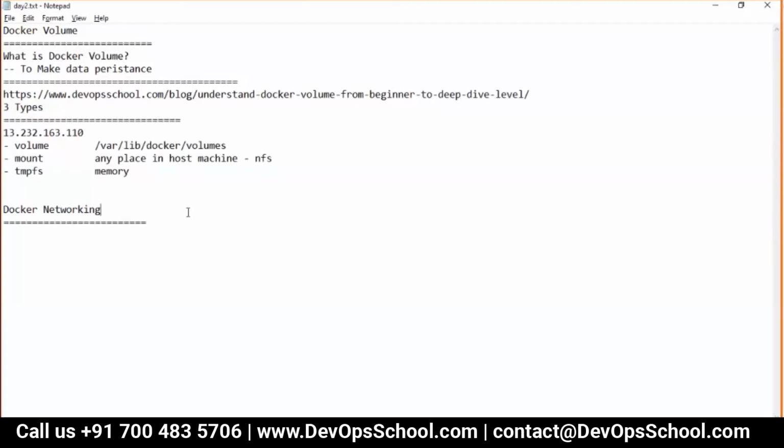Okay. Rajesh, what is the difference between volume and mount here? Because both are file paths, right? For Docker, it is storing in a file path for the first two options. That's what I've been telling you. This will be on the same host at this location. Though you can create a soft link, you know how to create a soft link in Linux?